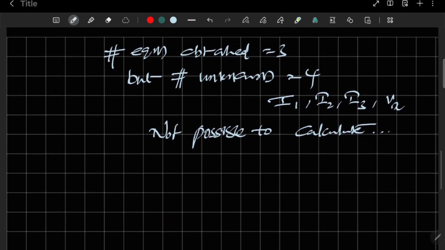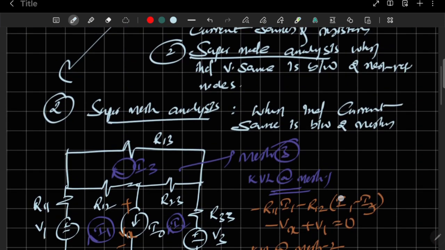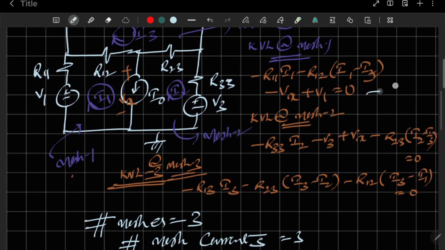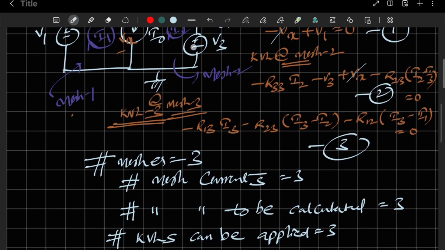So what to do? Just add equation 1 and equation 2. That means KVL for mesh 1 and KVL for mesh 2. You simply take the addition of these two. In equation 1 you are finding minus Vx, and in equation 2 you are finding plus Vx. These two will be cancelled. Okay, then the rest of the equation, if you observe, by adding these two you will get the new equation, that